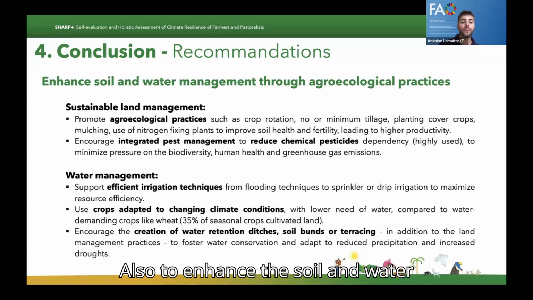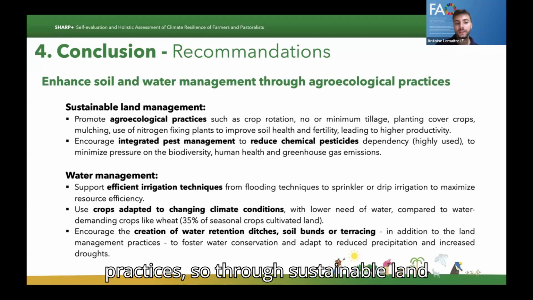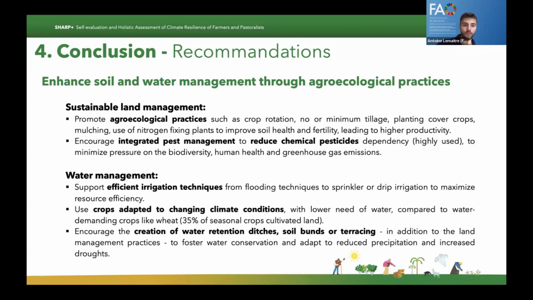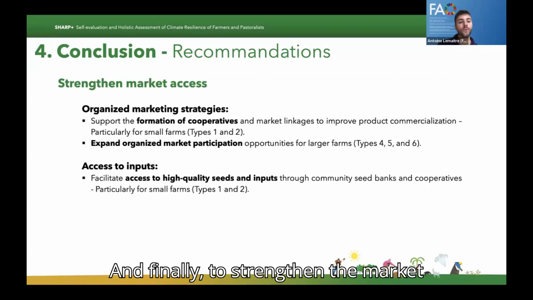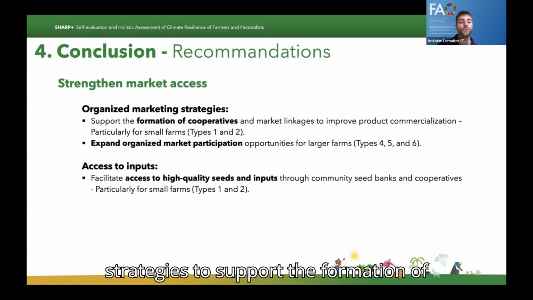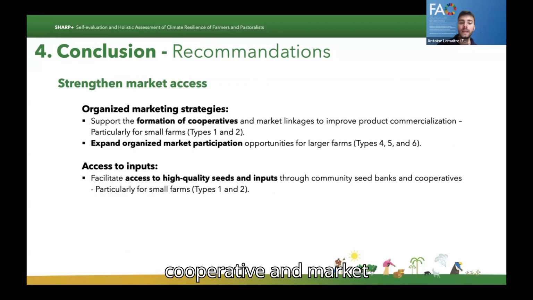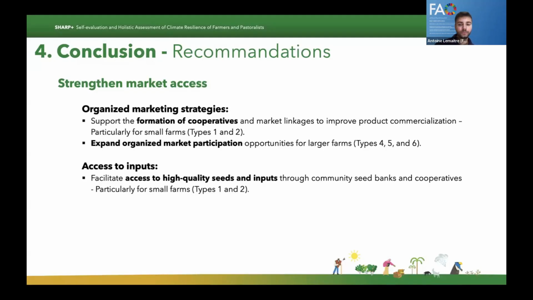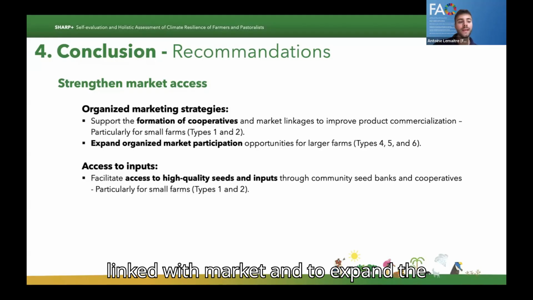Also to enhance the soil and water management through agroecological practices, so through sustainable land management and water management. And finally, to strengthen the market access through organized market strategies to support the formation of cooperatives and market linkages to improve product commercialization, especially for types 1 and 2, who have the lowest links with the market, and to